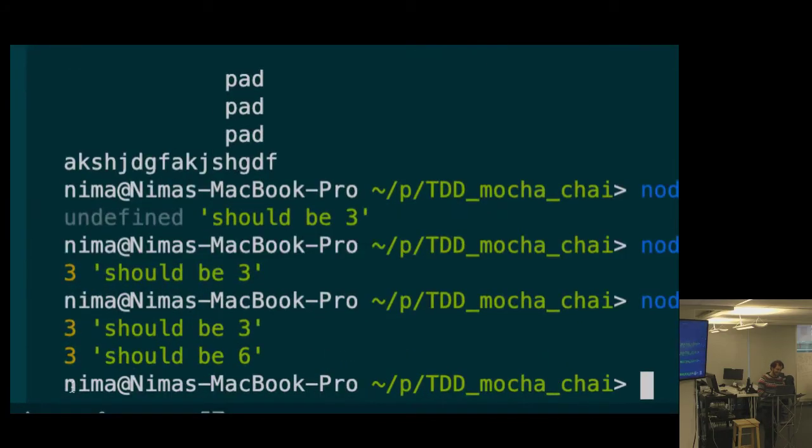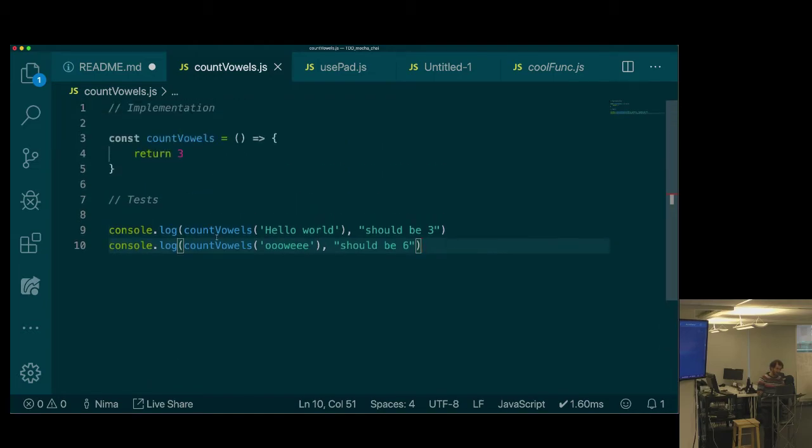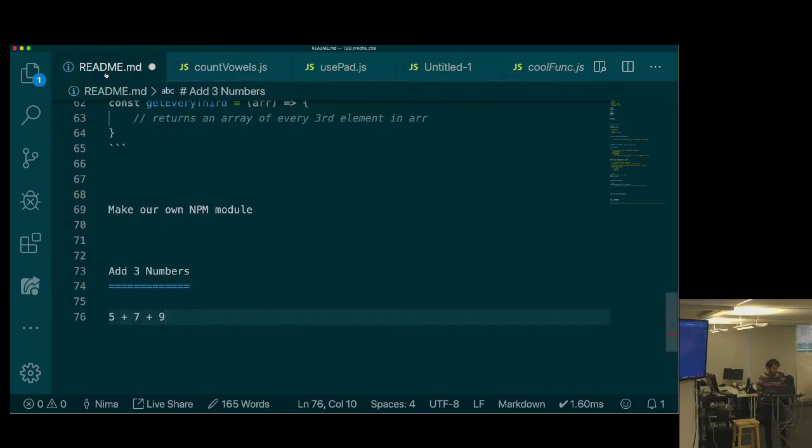So here's 3 should be 6. Obviously there's something wrong. I can go back and change this around. This idea that you've already been working with is called test-driven development. You write some tests, you write some code. You write some tests, you write some code. And it's a loop. If I was to codify this,